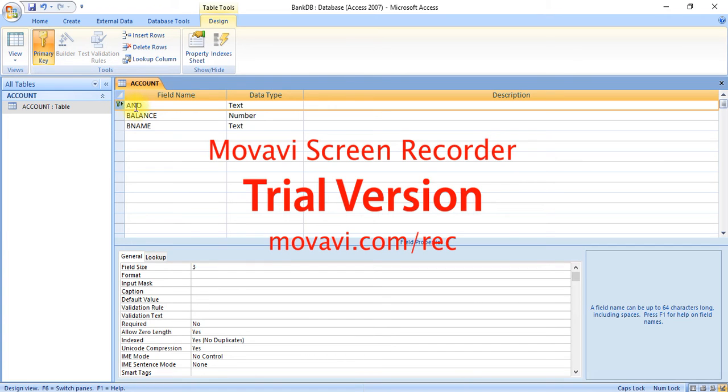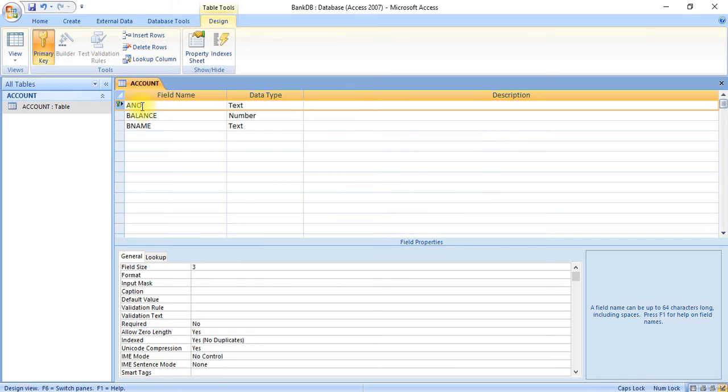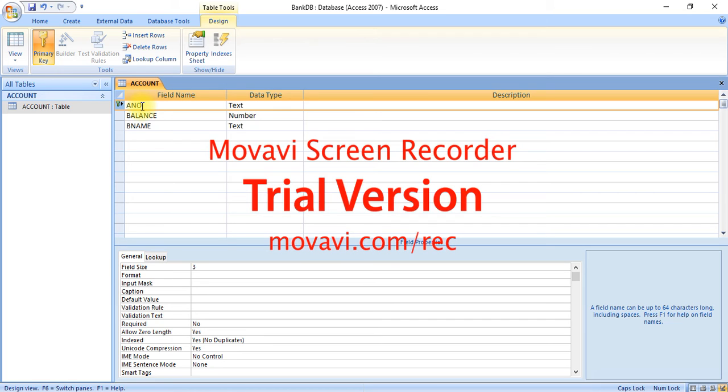So this account number now becomes the primary key, and we know when we select any field as a primary key, we cannot insert duplicate values and null values in this primary key field.